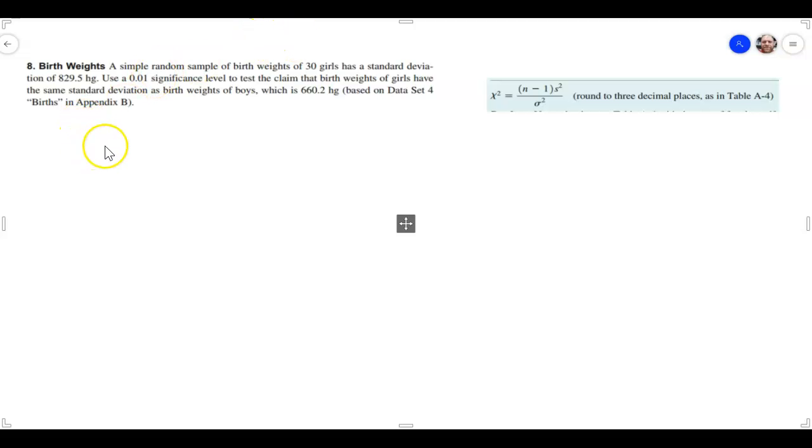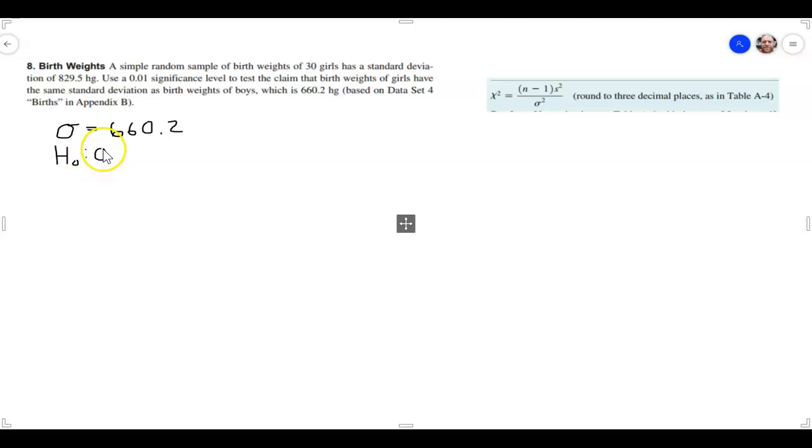So first we want to state the claim in symbolic form. Remember that the notation that we use for standard deviation is the Greek letter sigma. Looks like this, lowercase sigma, and it says the claim is that girls have the same, which is equal to that of boys, and boys is 660.2, so we're going to say that the standard deviation is equal to 660.2. So that is our claim in symbolic form, which means our null hypothesis